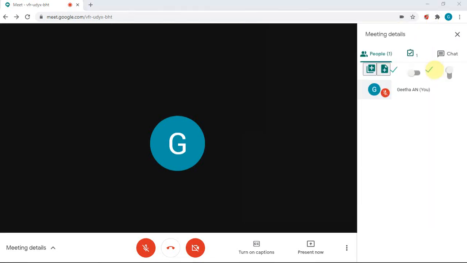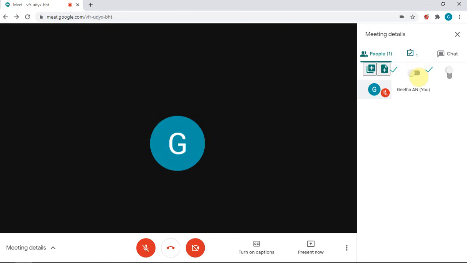Here if you check, there is one more option with the tick mark, and here the number of participants is only 1, and you will have add spreadsheet, or you can add a new sheet to the already opened spreadsheet. This button indicates the refreshment of the number of participants. Each time before taking the attendance, it is mandatory to click on this, and you need to refresh the number of participants present in the meeting. Without refreshing this button, the number of participants in the meeting cannot be updated in your Meet Attendance.